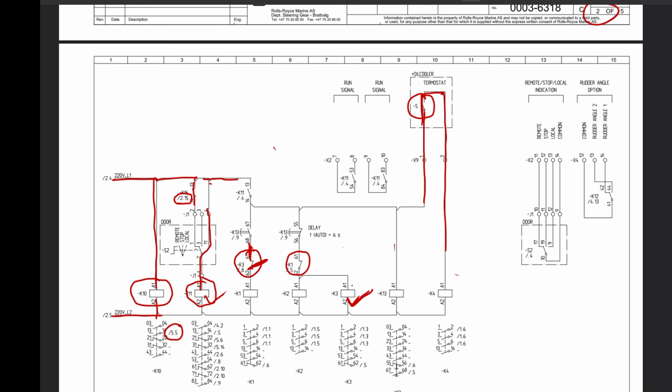This is the interlock between the direct running of the motor and the motor running on the auto transformer. Similarly, when K1 is running, whenever this is getting supplied, we have another K1 contact here. This is also NC, normally closed. This will open, and once it is open, this will not allow K2 or K3 to get energized. So this is the interlock between these two systems.